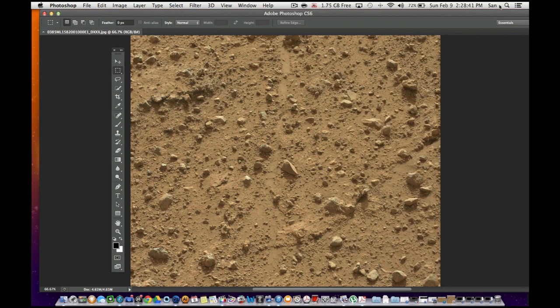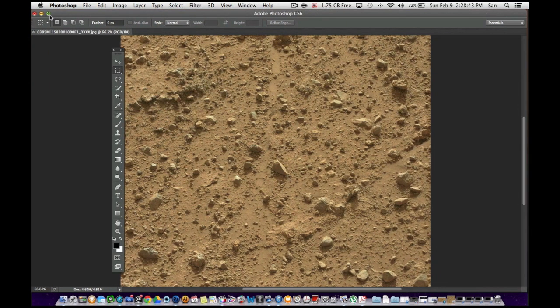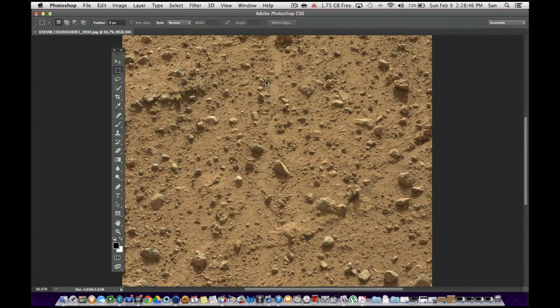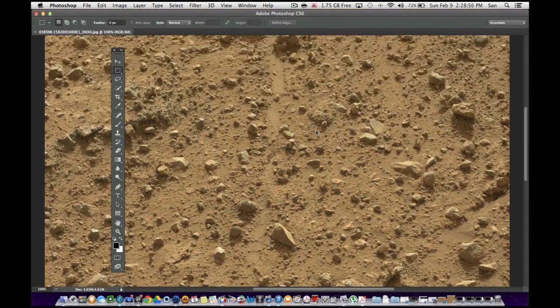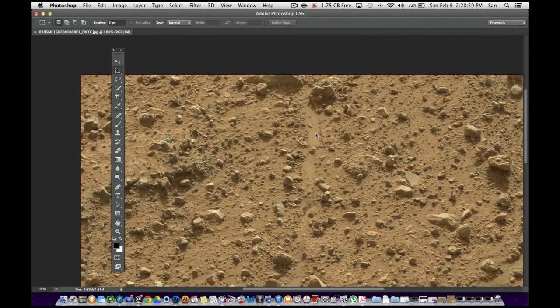As you can see here, this is just a picture of dirt and rocks. Do you see anything else in this picture? No. Right? You must examine it further. Okay. The reason why I want to show you this picture, there are many other pictures that I have that will show the same anomalies.